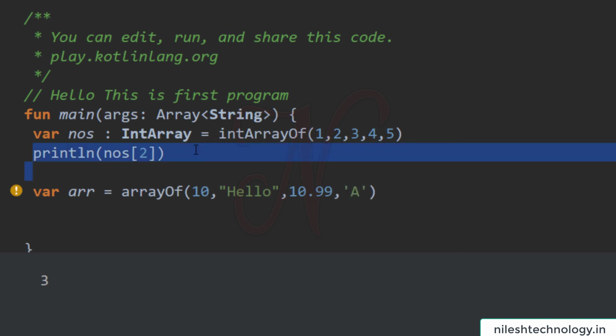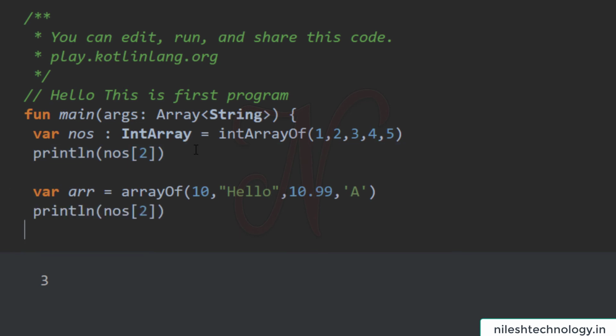And see here, if you access the second position value, so see 0, 1, 2, the second position value is 10.99. So see here my output, 10.99. So this is not possible in Java. So this is the benefit of the Kotlin language, and there are many built-in methods available in Kotlin.